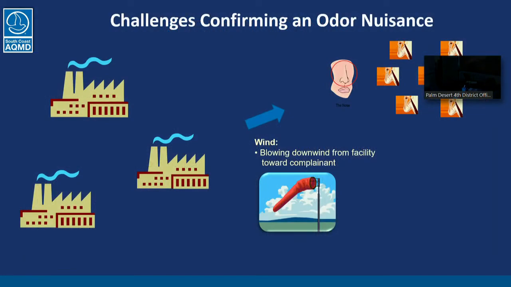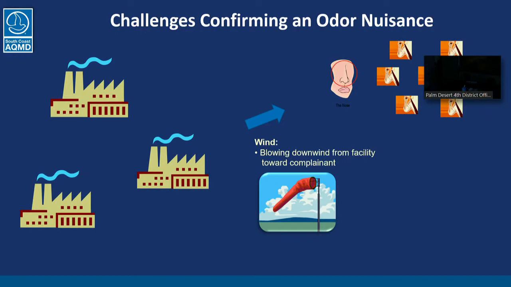So some of the challenges in confirming an odor nuisance is that a lot of things have to happen at the same time. Number one, we need to receive the number of complaints, the significant number of complaints verified by the inspector. The inspector will arrive to the location and needs to verify that odor with each complainant. Then they will need to trace that odor upwind and isolate that odor to the specific company as well as